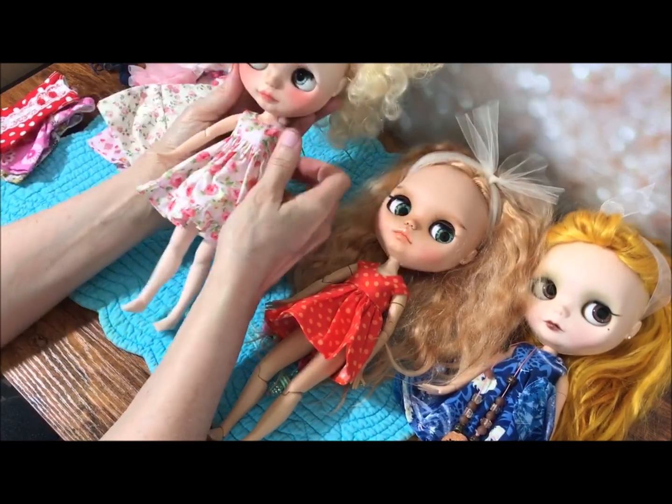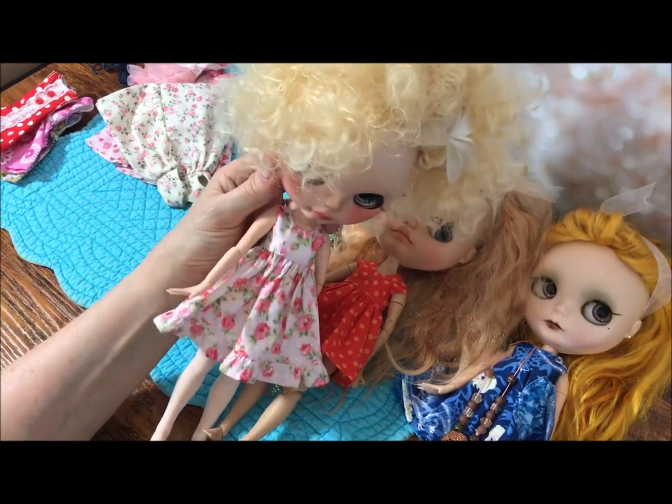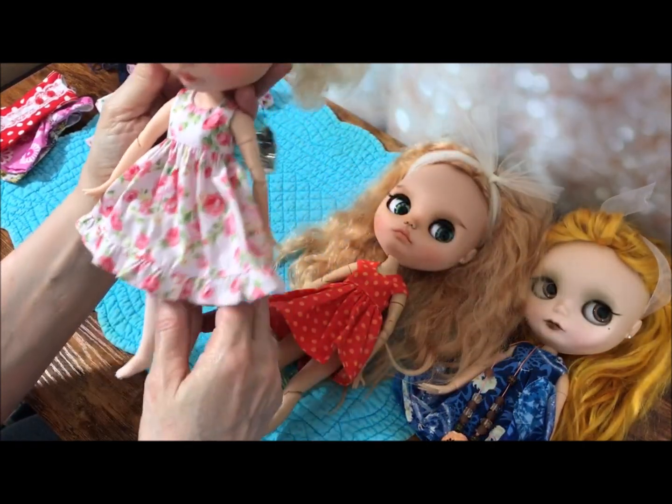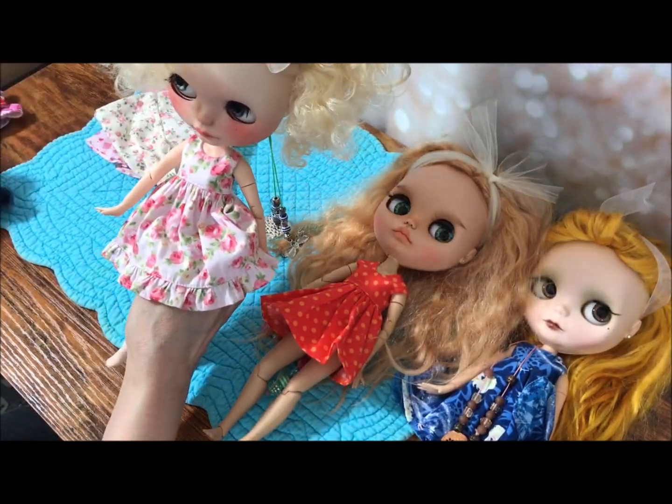All right, so she's cute. She needs some shoes, but otherwise I think she looks pretty cute in this. Yes, I love this dress. I think I got this from Mimi Gijo. Not 100% sure though. Don't quote me on that. All right, so